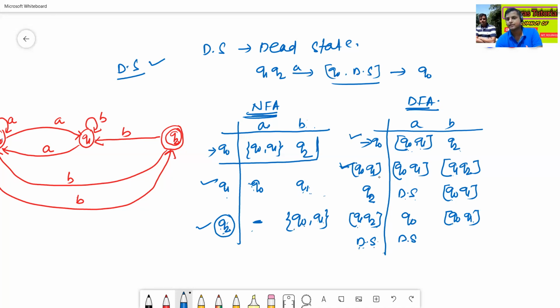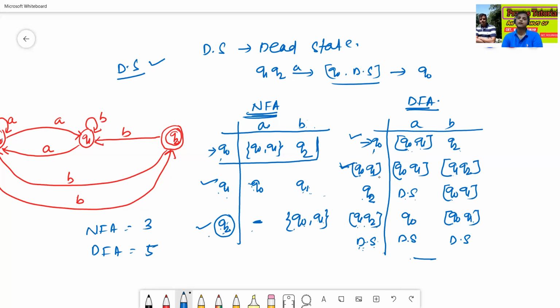This is the NFA to DFA conversion. In this case my NFA contains 3 states, but after conversion my DFA contains 5 states.